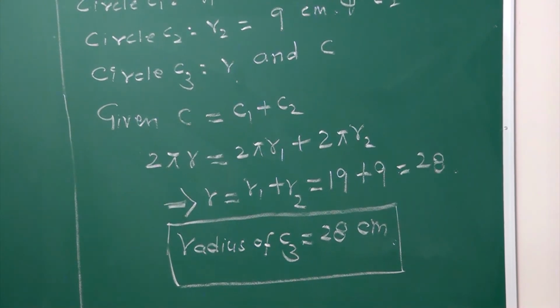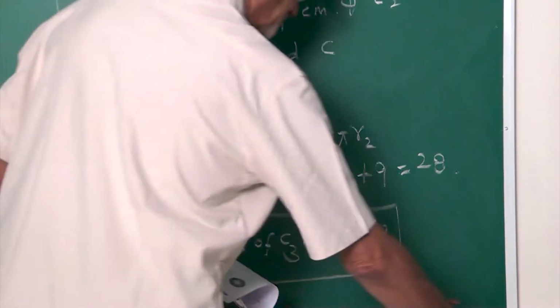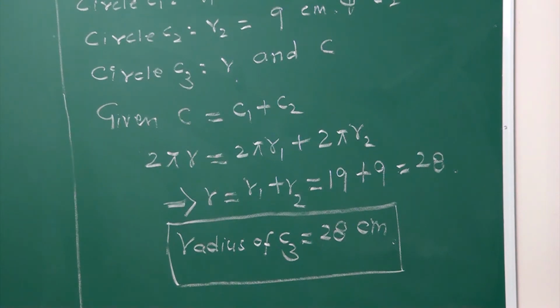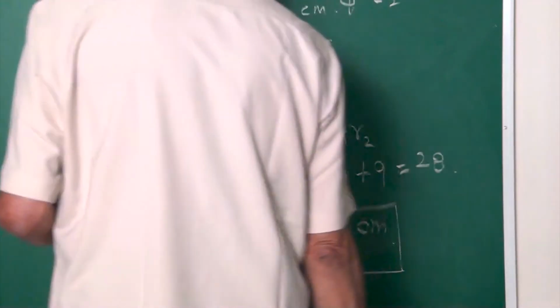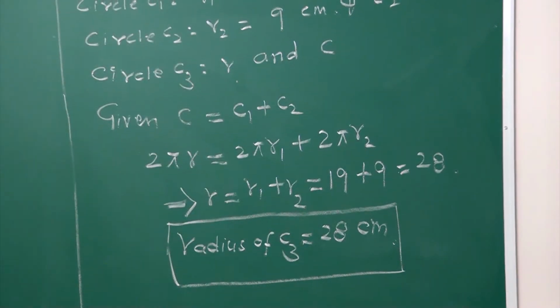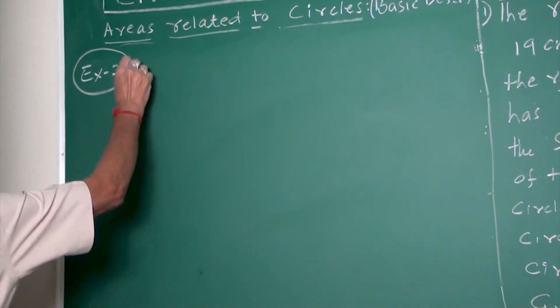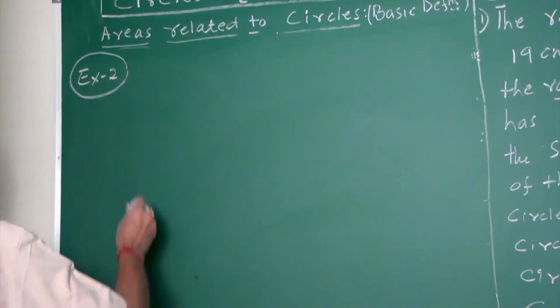Yes, friends. So the next example is the second example in exercise 5.1. Now this is example 2. Example 2. The radii of the two circles